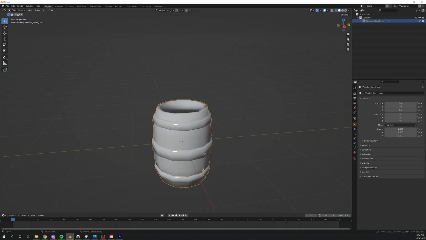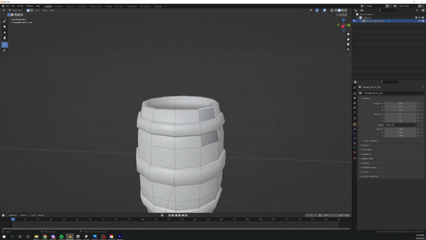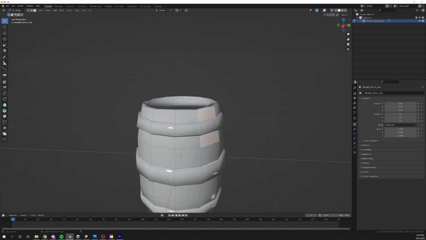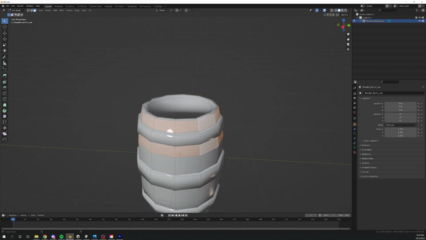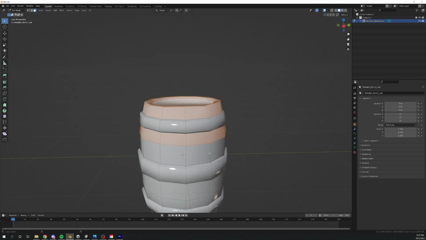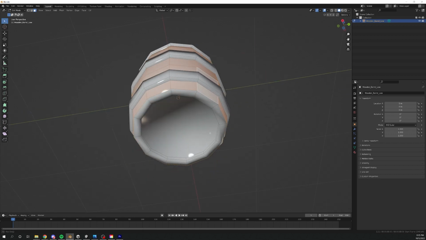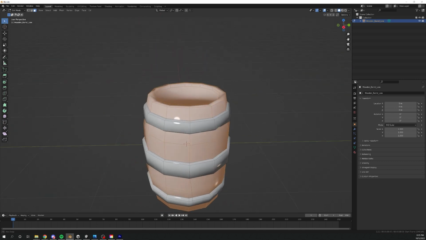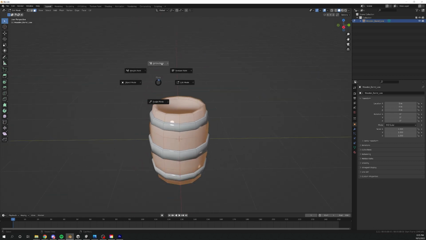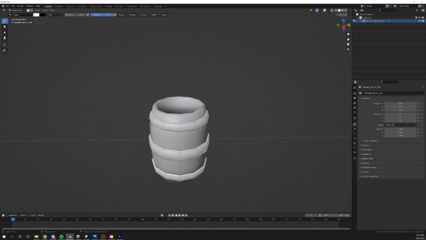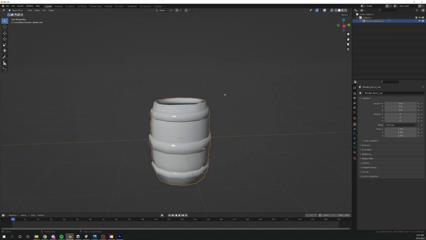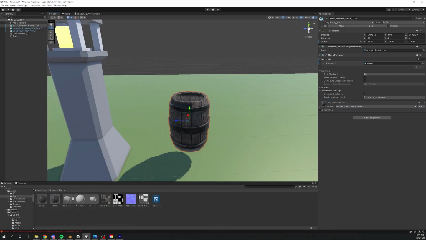So if I go into Blender and I go into vertex paint, actually I'm going to go into edit mode just to make selecting the faces easier. I'm going to select this, this, this, this, this, this, this, boom. So I have all of the wooden parts of the barrel selected. Then I'm going back into vertex paint. I'm going to select paint mode, and then I'm going to give it a slight red look. And then I'm going to set the vertex colors, export it, replace that, come into Unity,